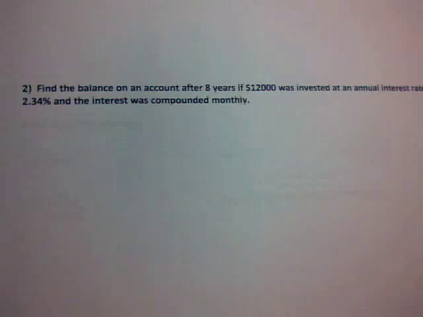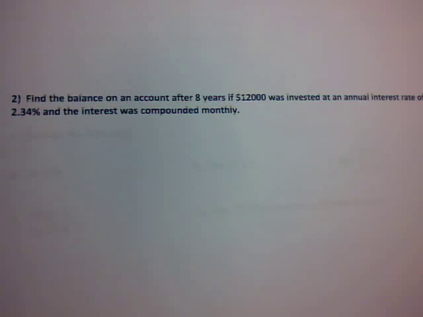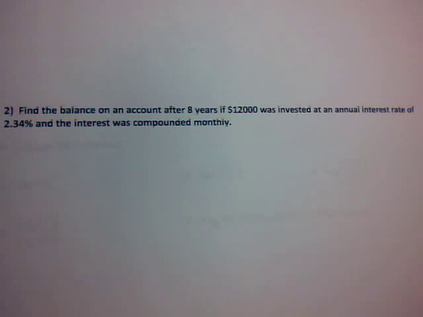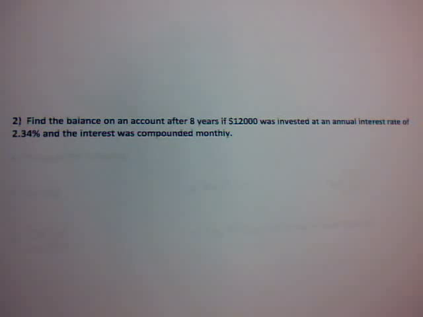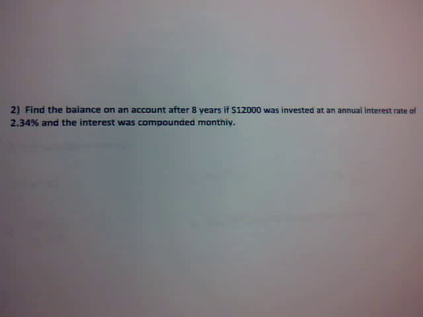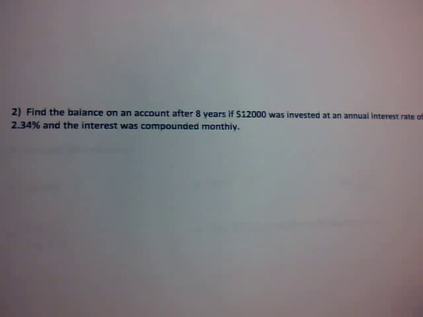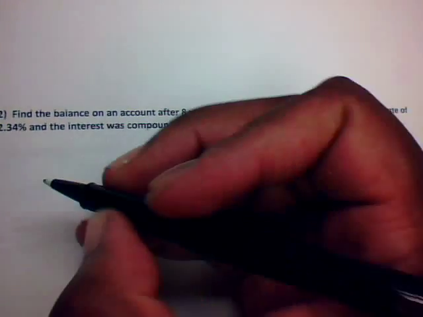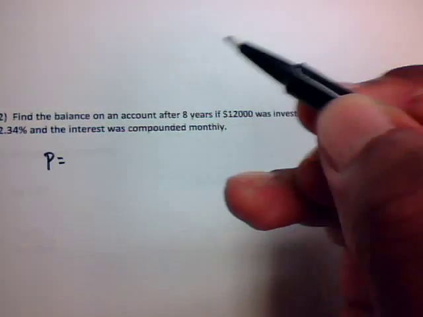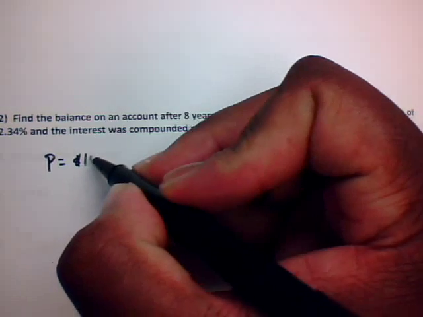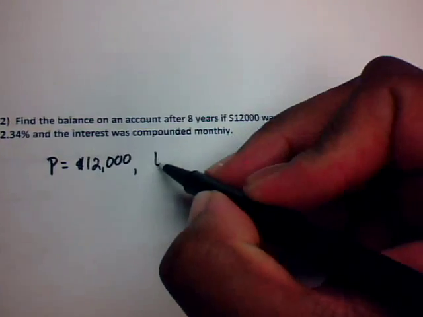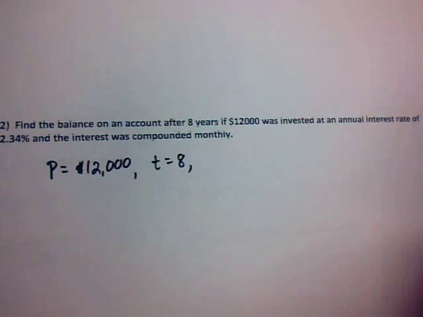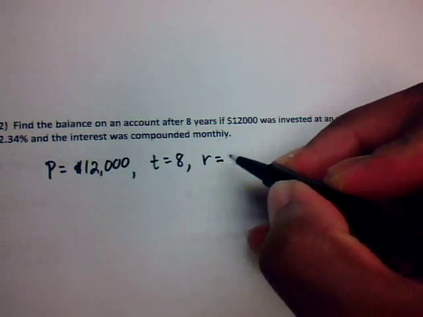Question 2 is finding the balance on an account after 8 years if $12,000 was invested at an annual interest rate of 2.34% and the interest was compounded monthly. All right, let's take a look at what we already know. We know we have a principal of $12,000. We also know the time is 8 years. We know the interest rate is